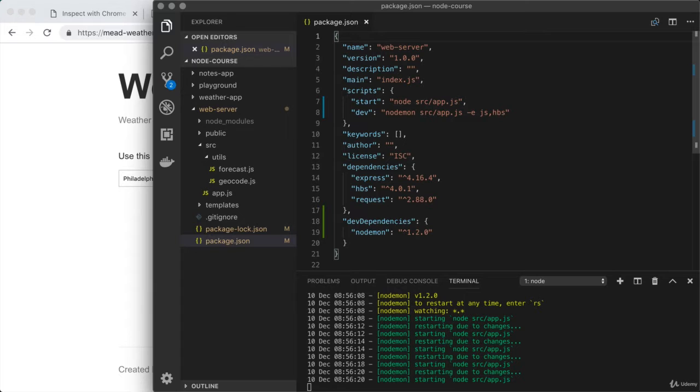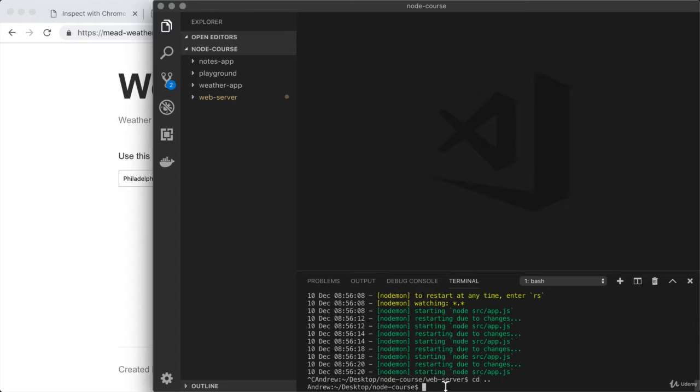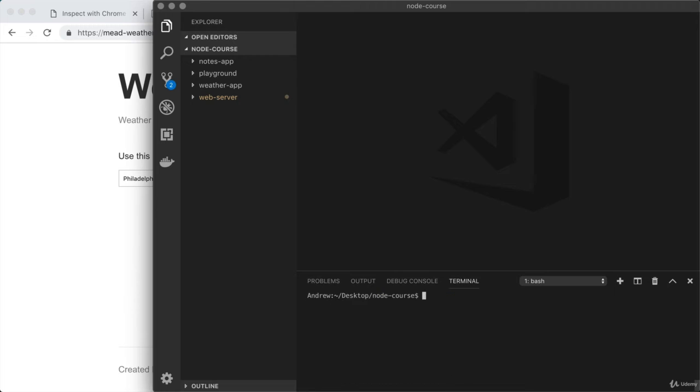for the Notes application. Now, before we dive in and actually explore this database, I want to do a little bit of housekeeping. I'm going to close all open editors in Visual Studio Code, and I'm also going to collapse that web server directory since we're done with that, and we're going to move on to a new project. From the terminal, we can use Control-C to shut down NodeMon, and I'll use cd .. to navigate out of the web server folder back to the Node course directory. From here, we can use clear to clear the terminal output, and now we have a nice clean space for